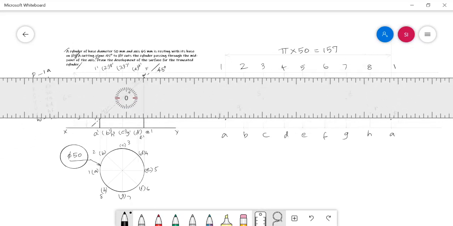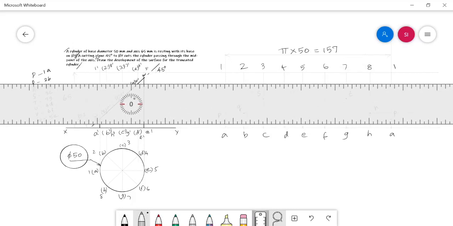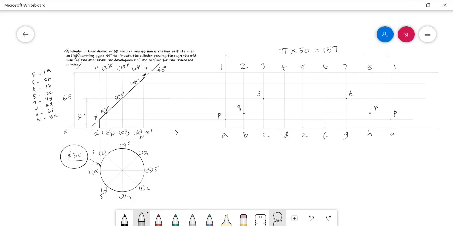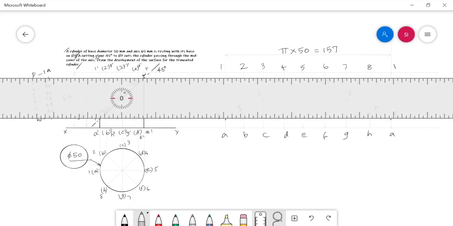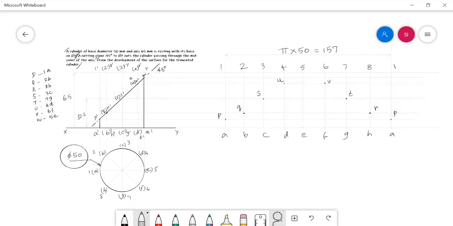And now I am projecting the cut points U and V. Wherever this projector intersects 4D, I mark the cut point U, and when it is intersecting 6F, I mark the cut point V. So here this projector intersects 4D, and I mark the cut point U, and there it is intersecting 6F, and I am marking the cut point V. And now I am projecting the cut point W. Wherever its projector intersects 5E, I mark the point W. So here, it's W.